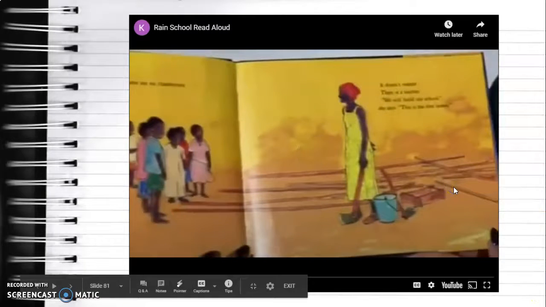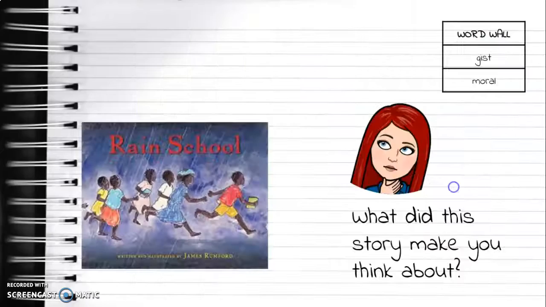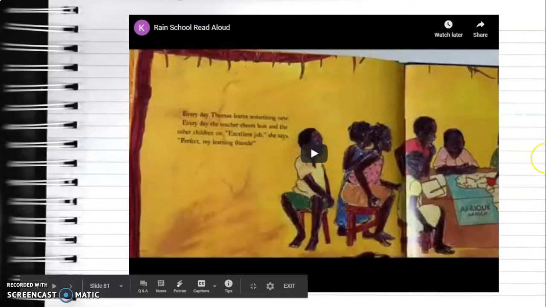Thomas arrives at the schoolyard, but there are no classrooms.